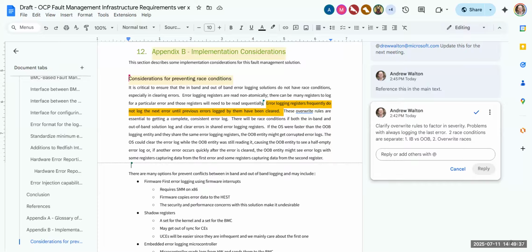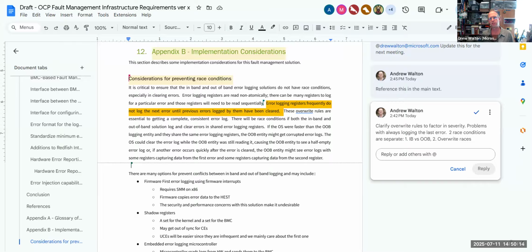That's right. But my general point, I don't think anybody here is arguing about that particularly. My point is simply that if that doesn't show up as a requirement in the doc, I don't think we should just stick some sentences into this appendix talking about it. Right, that's actually my point. The race condition in-band and out-of-band, that's fine, so that's very clearly called out. So Drew, I think either just put the override stuff in the main thing. In the previous one it was in there for that intent, and I'm loath to take it out.